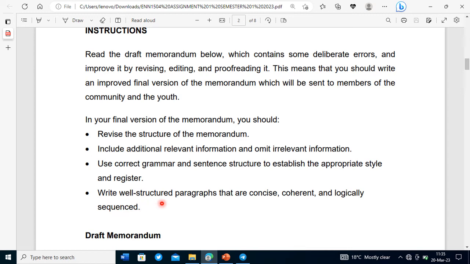Write well structured paragraphs that are consistent, coherent and logically sequenced. Okay, sharp. So as I have stated, a memorandum has a structure of paragraphs, so you should understand how many paragraphs you write and what. If you still remember, back in high school, and I still remember when I was doing my